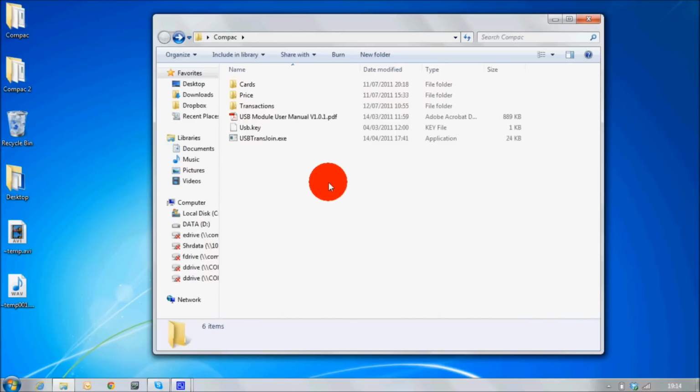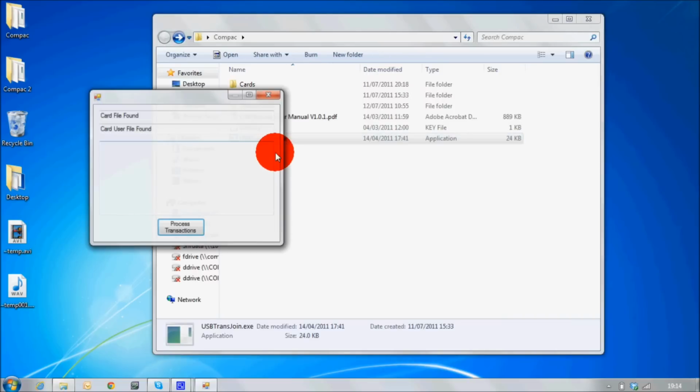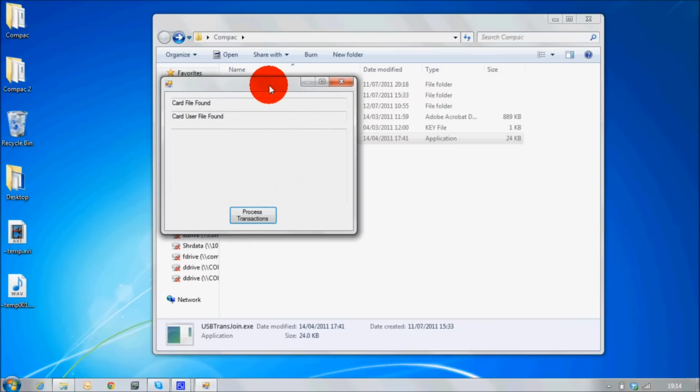The USB should appear as a new drive on your PC, and after you browse to its location, the first thing to do is to open this transjoin.exe. This opens up this dialog box here, and basically when you hit this button it will collect all the information from the card and card user file and populate it to the transaction file. If you get this message here showing that it's completed, then you know that it has, and you can close